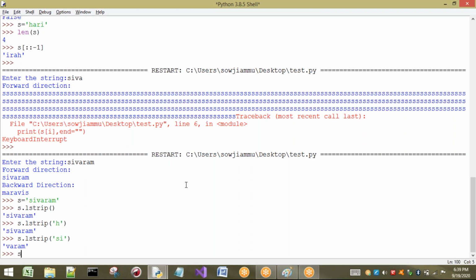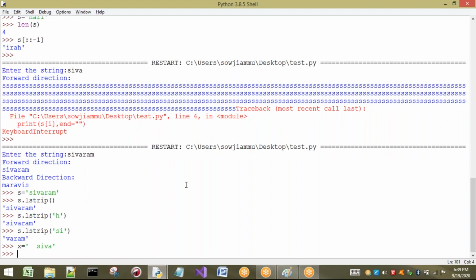Generally, this is used like, for example, I will take one more string, x equal to, observe carefully, I am taking two spaces, SIVA. Now if I apply L strip without writing any characters, then if there are any spaces on the left side of the string, those spaces are going to be removed.